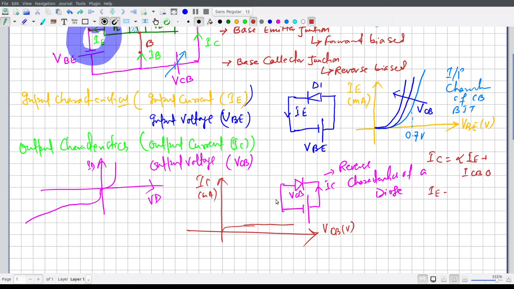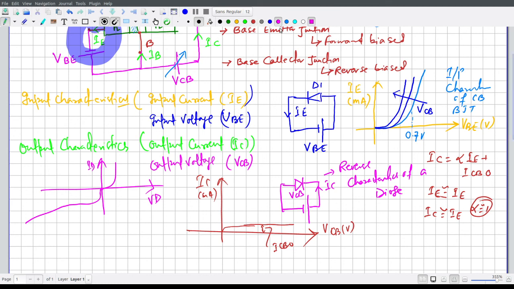So when IE is nearly zero, IC is nearly equal to IE because alpha value approaches 1. So this value will be ICBO.